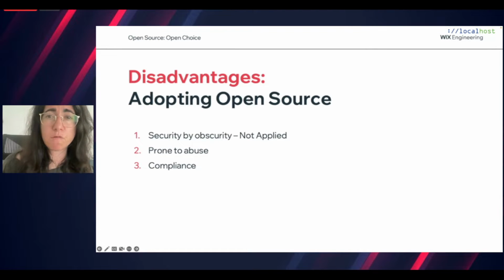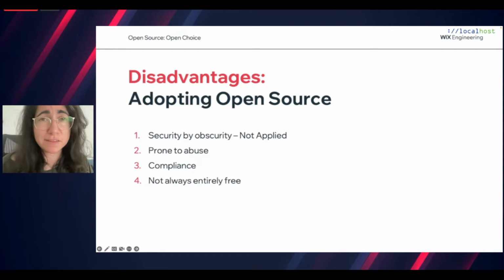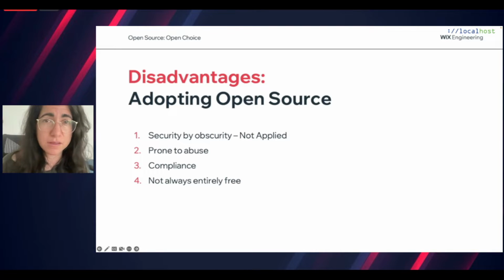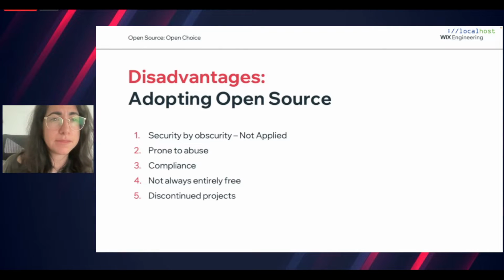Compliance. In its raw form, open source usually gives no warranty or official guarantee, making it difficult to use in a business environment where compliance is a must. As we all know, open source is not always entirely free. We need to check the fine print and see the licensing and what it is about, and especially if the reason for you to select open source is budgeting, then you need to check if the open source software is indeed free or not.